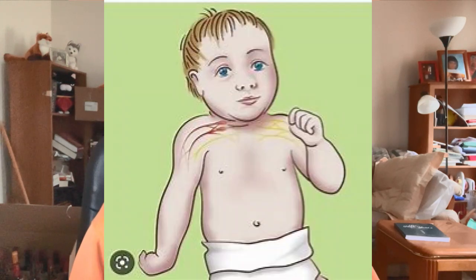A young child falls on an outstretched arm and has pain in the middle and lateral portion of his clavicle. The upper extremity remains in adduction, extension, and internal rotation. This child has injury to C5 to C6, known as Erb-Duchenne syndrome, or superior brachial plexus injury due to a clavicular fracture.